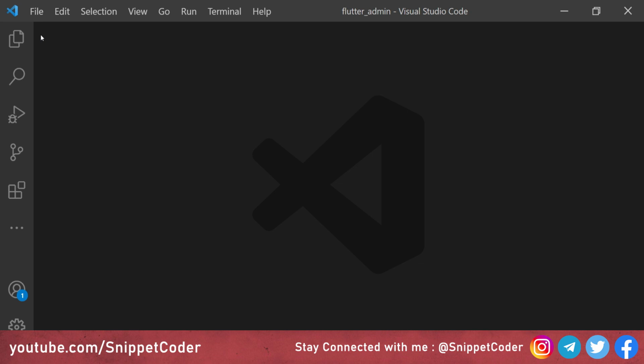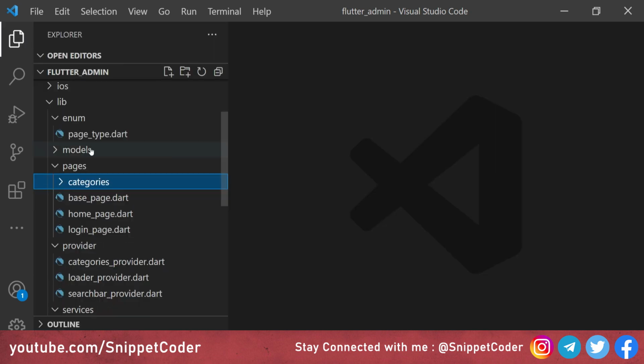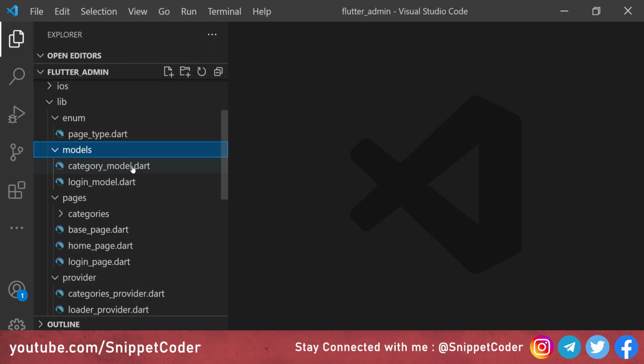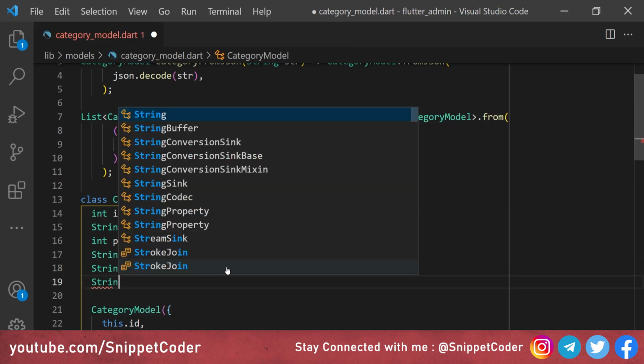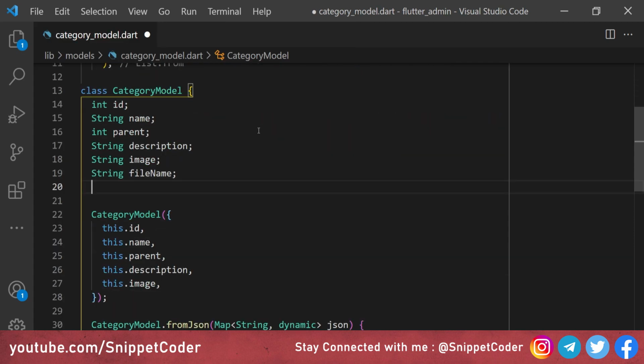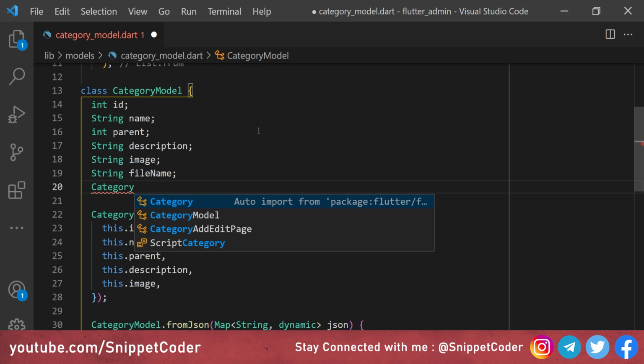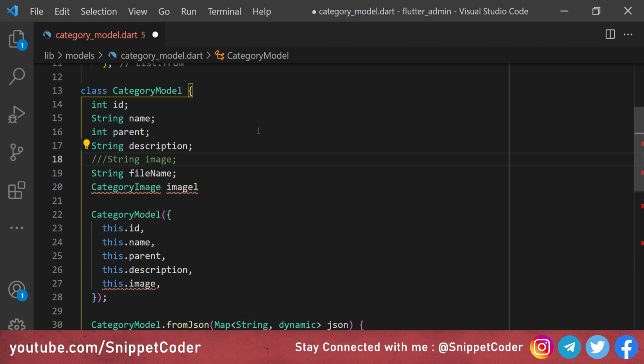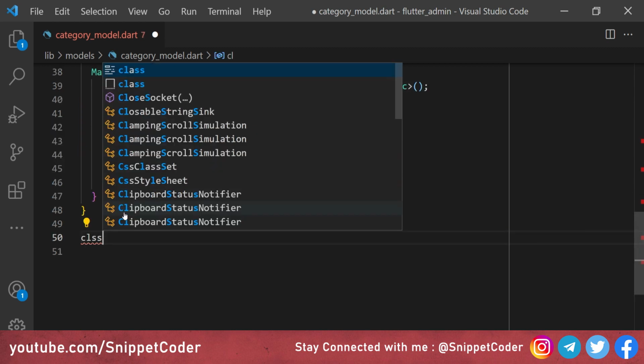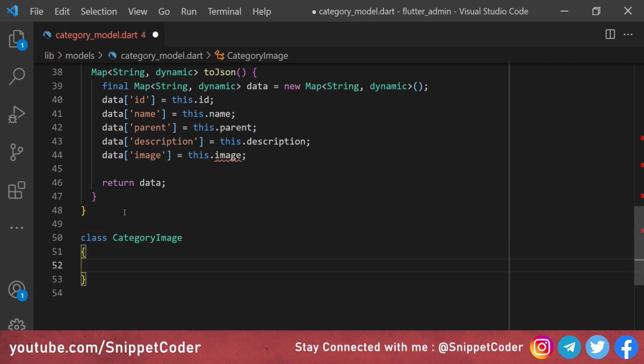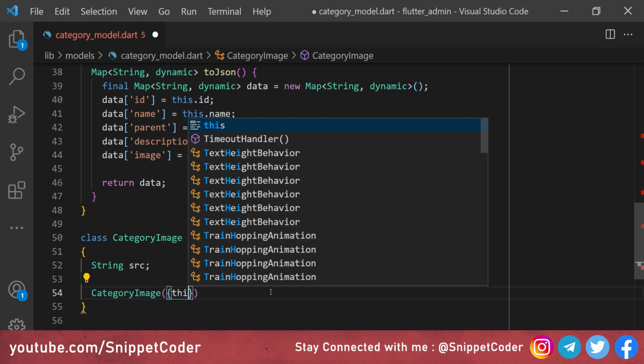First of all, we will update our category model. We will go to the model folder, click on the category model, and here we will add String fileName. Then we will add a category image, and we will get the category image class, this one we will comment out, and here we will create class CategoryImage. Then we will have String type of source. Then we have the constructor here, this.source.